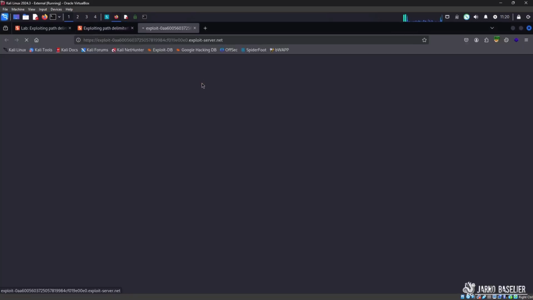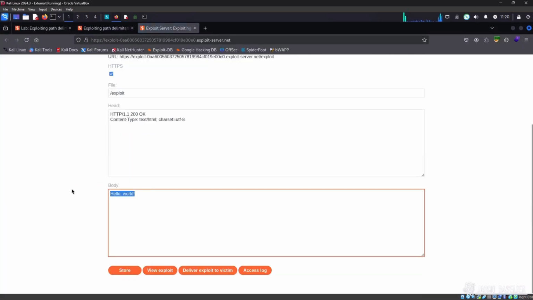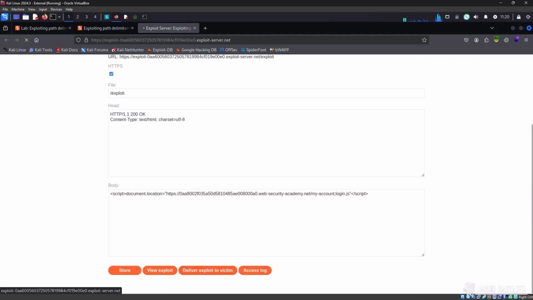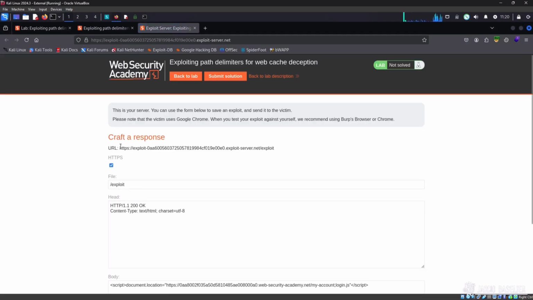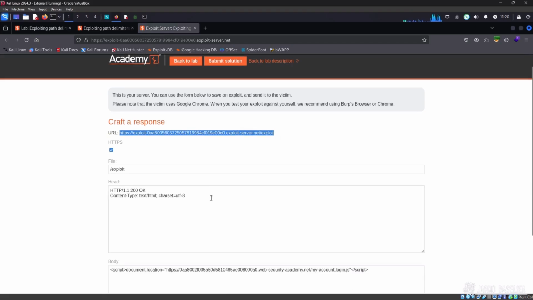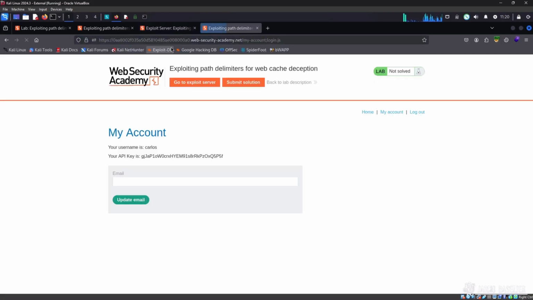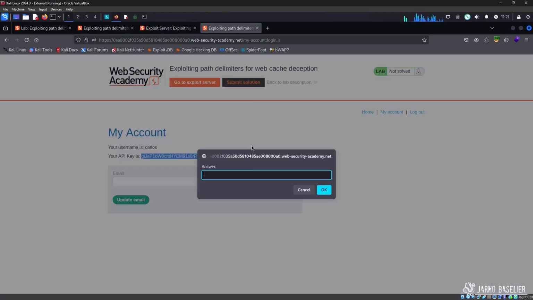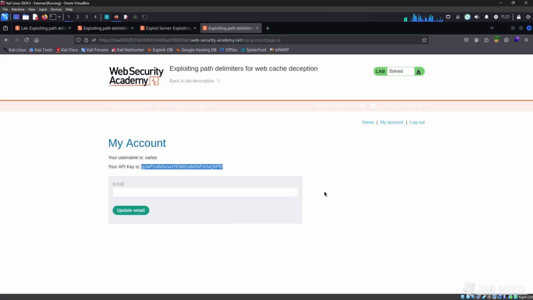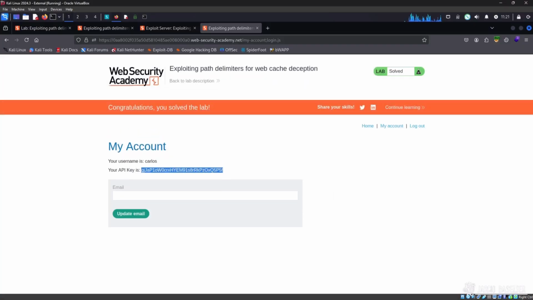So let's go to the exploit server and add it to the body of the mail and now deliver the exploit to the victim. And now let's visit this page to see if we get the page served by the caching mechanism, and we do. We get the page of Carlos, which is being cached, and we get its API key. So to submit the solution like this, we have solved the lab